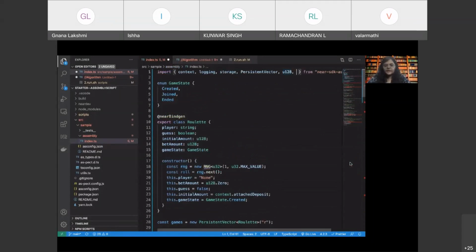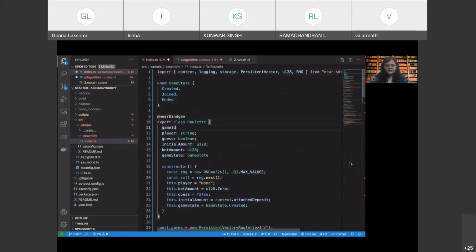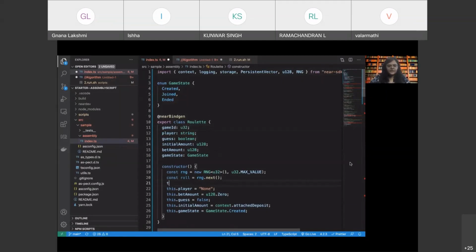And I need to import this RNG from Near SDK as well. Let me have an ID for the game. When we keep writing, we keep feeling like we need to add more and more information to the game, right? So the users will understand what is happening. So I'm going to add game ID is equal to, and here is a random number generator, which has generated a random number. So, all right.